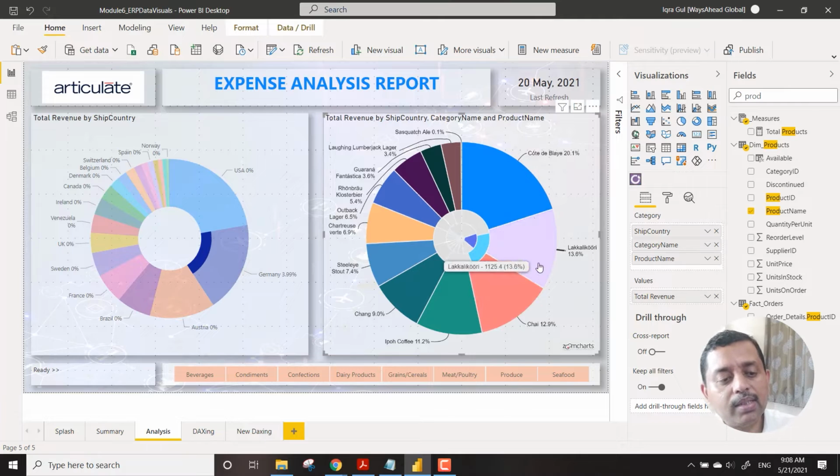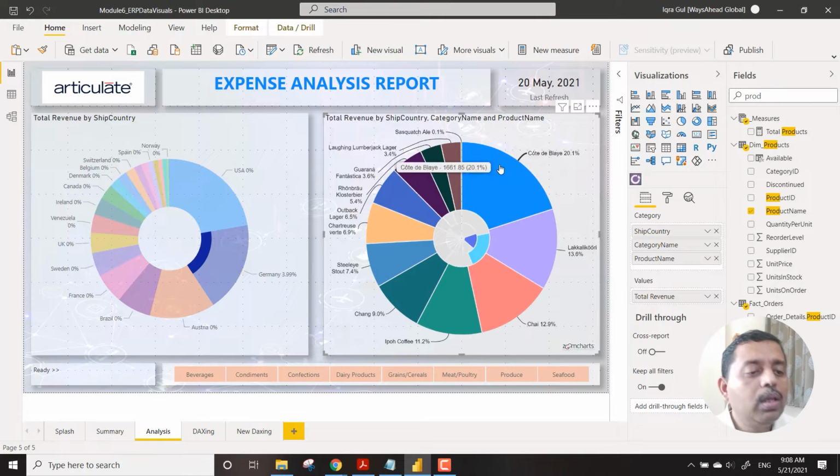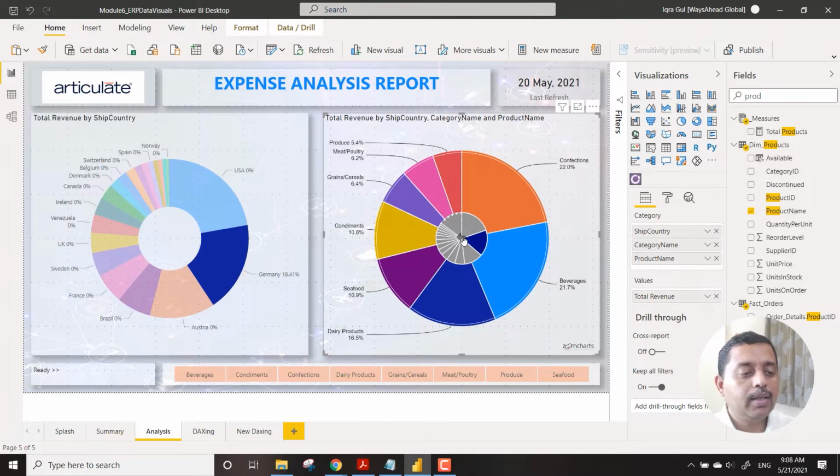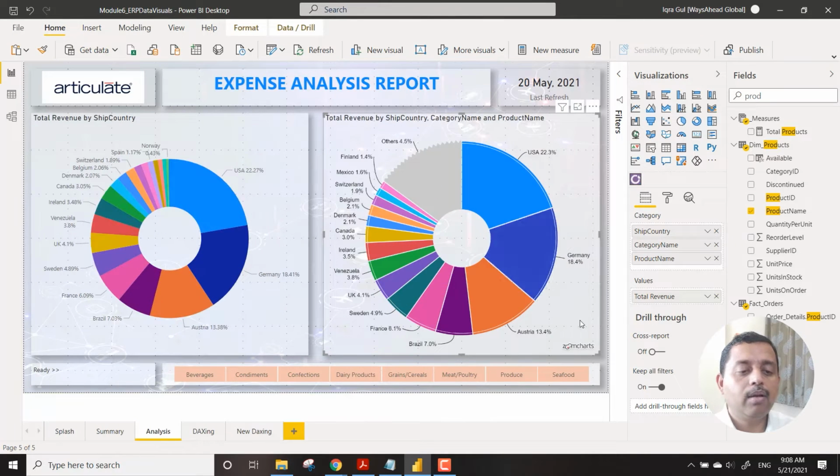Under beverages, it is now showing all the products that Germany is consuming in terms of beverages. So you can see here, automatically it has highlighted Germany, and under that it has highlighted the section of beverages, and we are talking about this product. So this is how both of them can interact with each other. Like this, we are back.